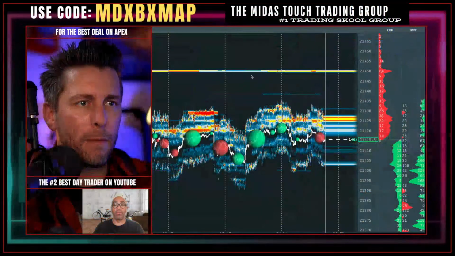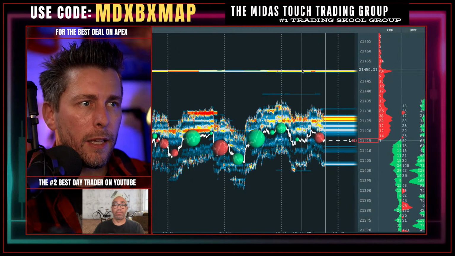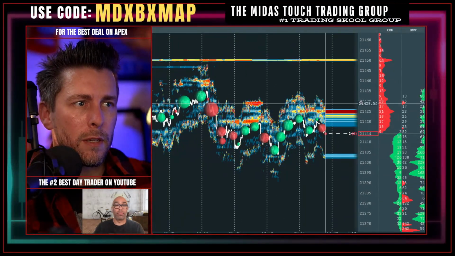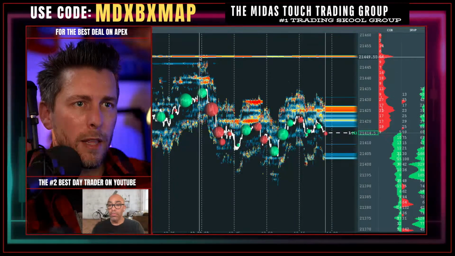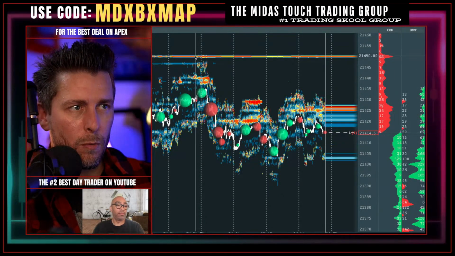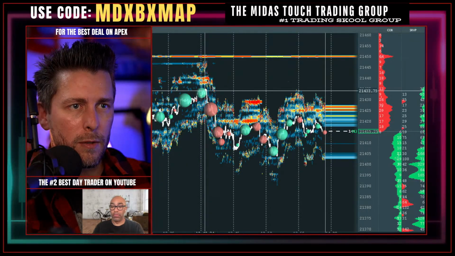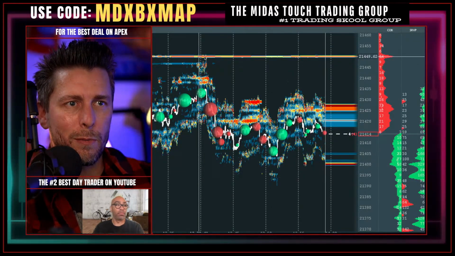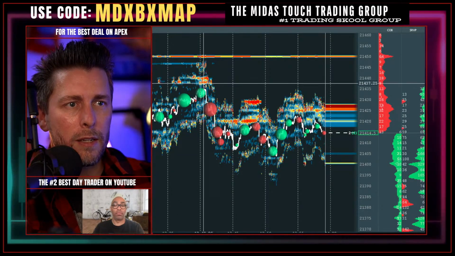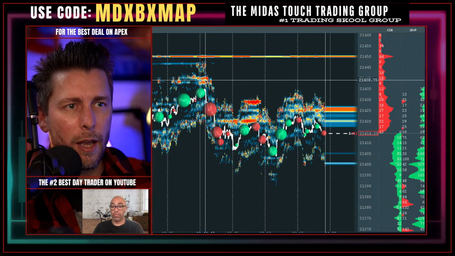Yeah, I'm looking at Bookmap, just seeing liquidity resting up here at the 450 level, 21,450. Looks like those could be just stop orders. It looks like that because it's kind of a nice distance from price, 21,450. Look at the distance from price, right? Where most traders would probably put their stop, these orders right here, that's very close to the highs, I would imagine those are more breakout traders, right?